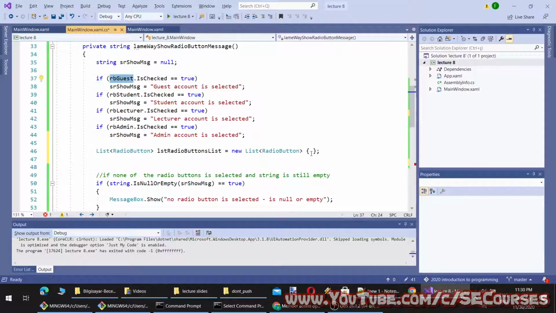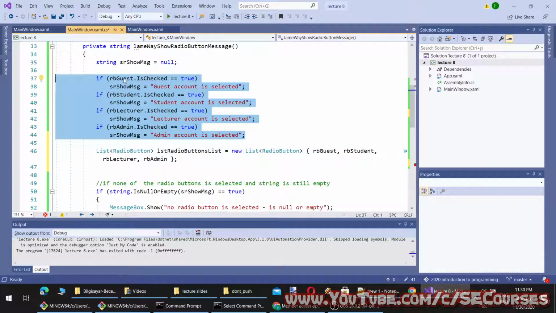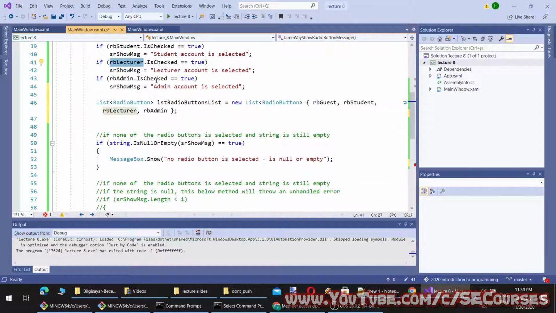So this list will only hold their references, addresses. Therefore, whatever changes I make to the elements of this list will affect these, because the elements of this list are actually these objects.